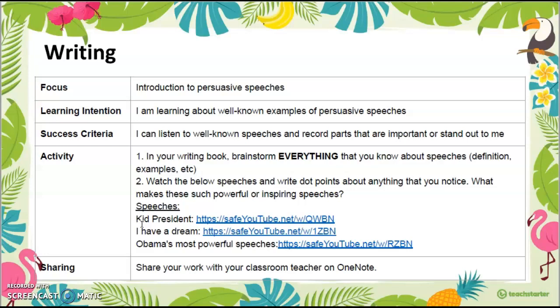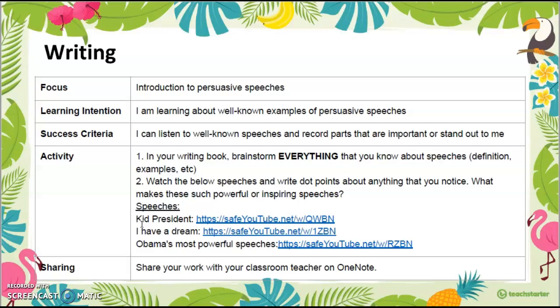That speech is actually spoken by children. Originally it was spoken by Martin Luther King, but this version is a takeoff where children are speaking the words that Martin Luther King created for this speech. And then our third speech is Obama.